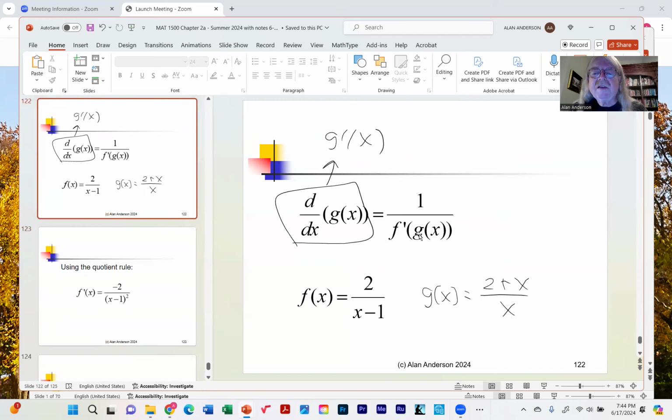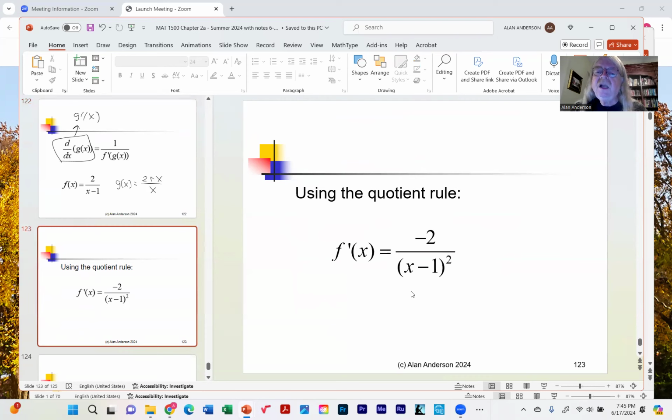So what is f prime? Here, this is f prime of x being evaluated where x equals g of x. So we have to take the derivative of f of x, and that means we have to use the quotient rule. So remember how that works. If you assume that f of x is g of x over h of x, then f prime of x is